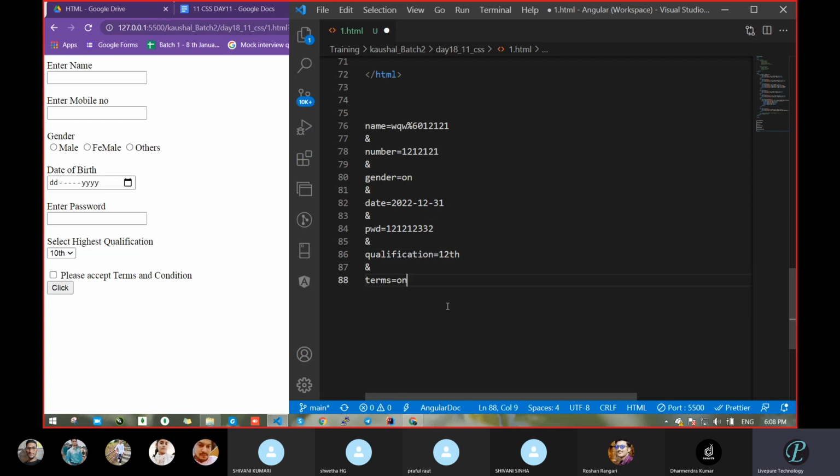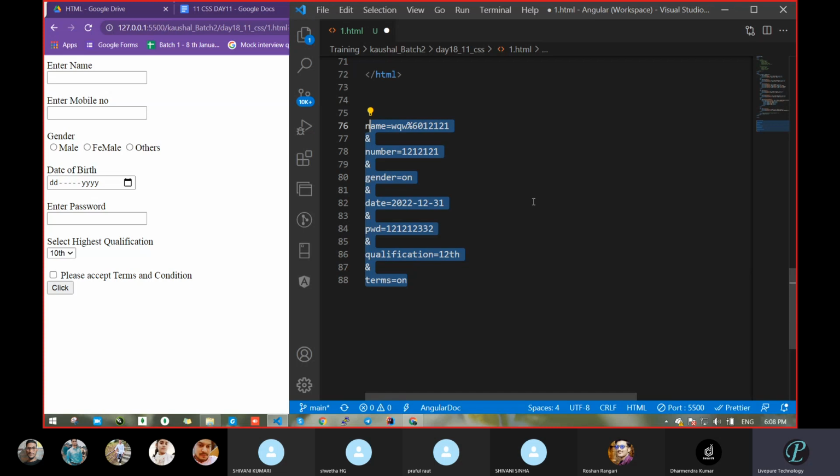See, we passed name equal to something, and that is coming there. Number equal to whatever we passed. In the gender case, it gives on because the radio button is that one. I think there was some different property with which we can get that one. Let it be. Date we got something. Then password, whatever we entered. In qualification we had taken 12th. Terms equal to on because it got selected. So something for this also we have to do.